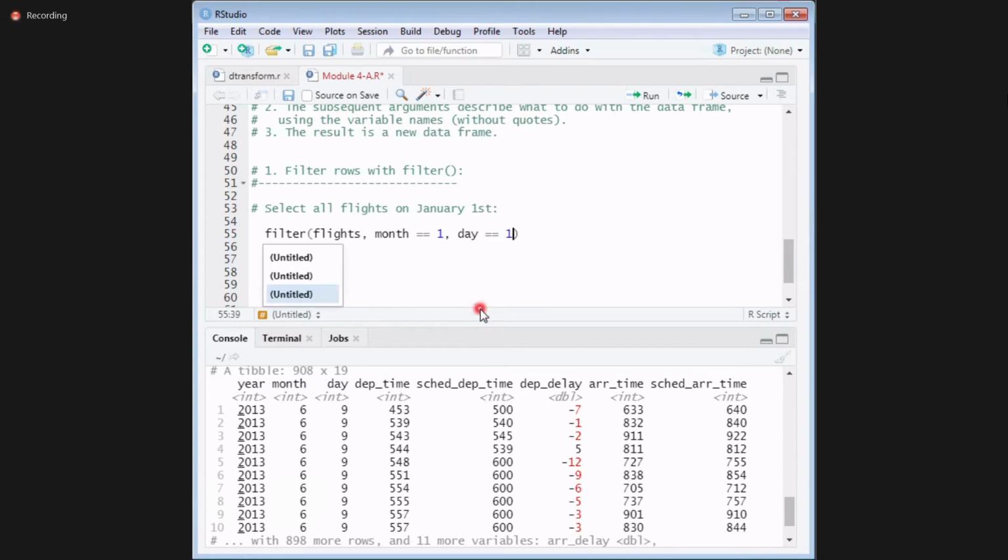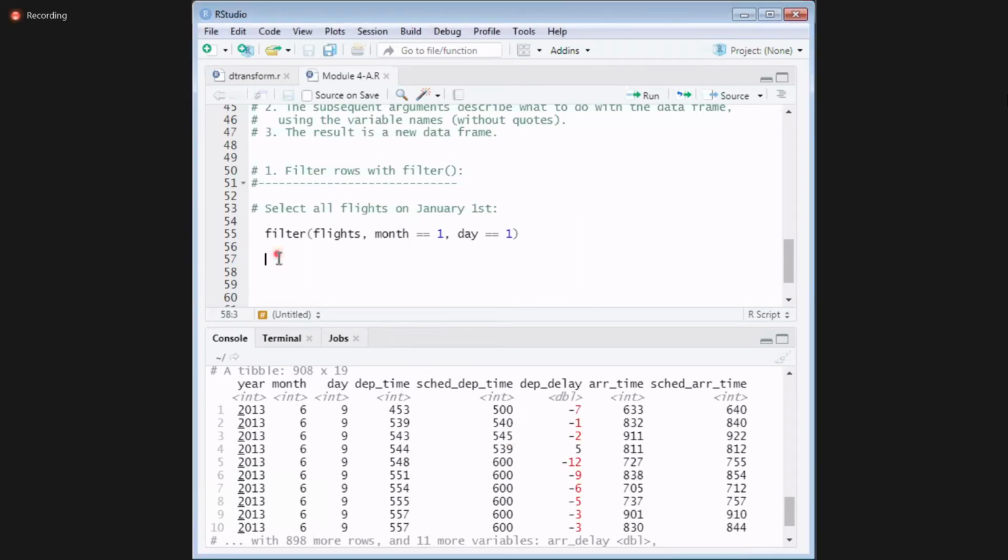Yes. Now see, when I use filter, it is showing me the data. Is it storing the selected data anywhere? Try to understand my question. In my flights, I have all the 3 lakhs records. Now when I use filter, I am getting around 900 records. Do you think anywhere my R Studio is going to save those records on its own? No. I have to save it. Okay, how to save it?